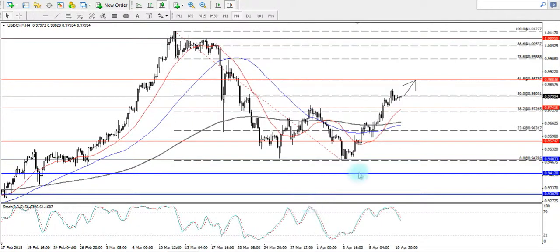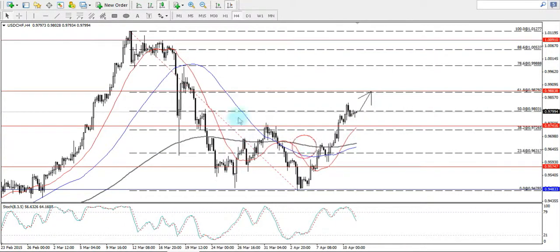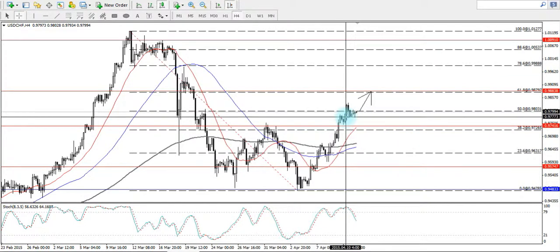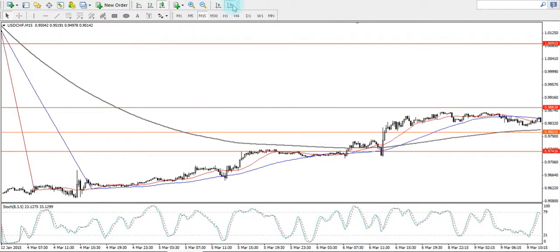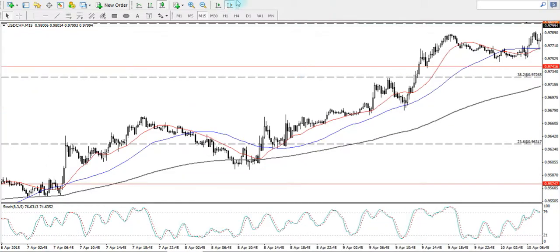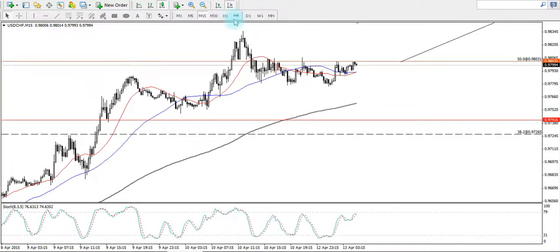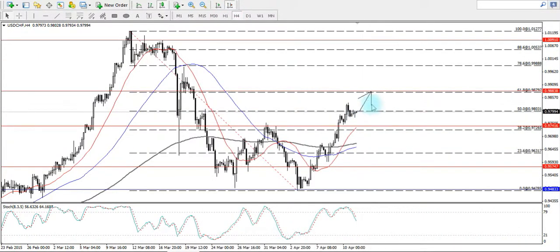Alright, so next we have the dollar against the Swiss franc. Price was also a little change in a way, as last week it did appreciate, started to fall a little bit, and right now it's just consolidating. If you look into the smaller time frame itself,